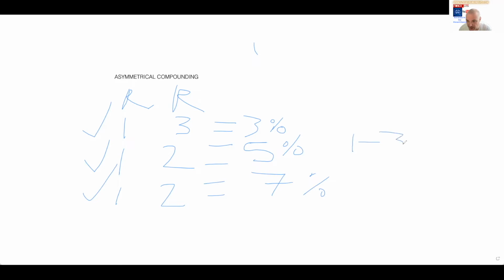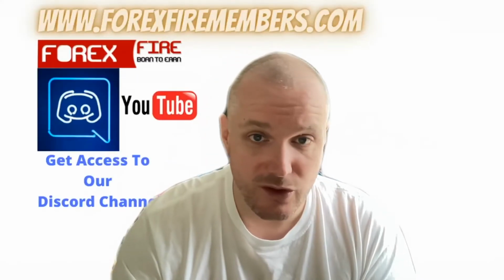If your 1 to 3 was to lose, but you're going to compound this asymmetrically, so that will be worth 4 in essence. Okay, so let's say that lost. Okay, you're 4, because that's what you will be risking for the 1 to 3. You will lose 4%. Okay, you've lost, unfortunately. Let's say from there you would take it off your 7. Your 7 would then become a 3% gain. Still, you see where the power comes with all this. It's fantastic stuff. So I'm just going to stop the share,